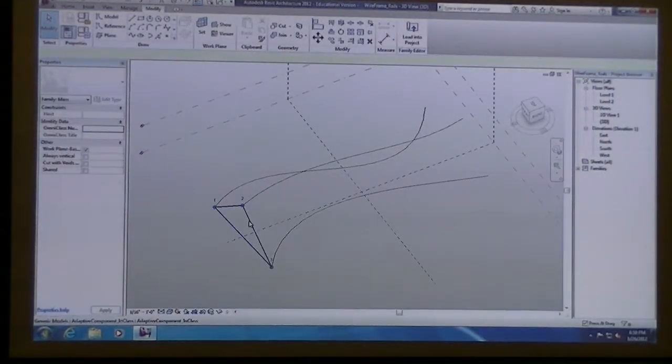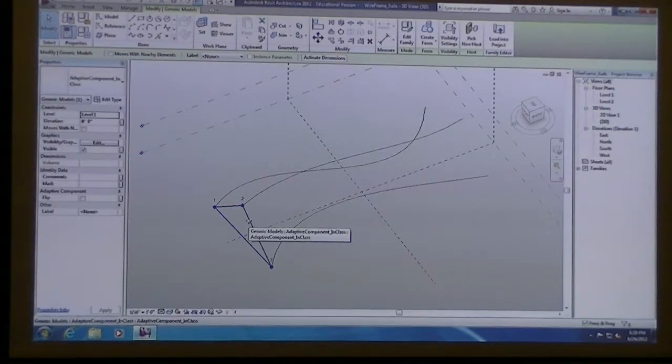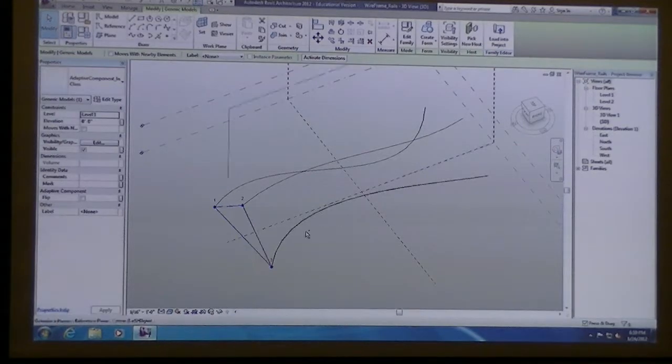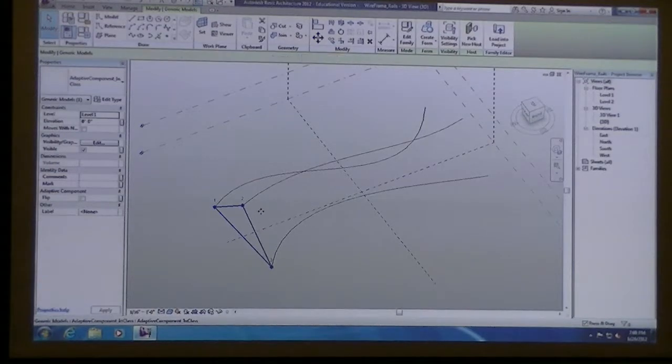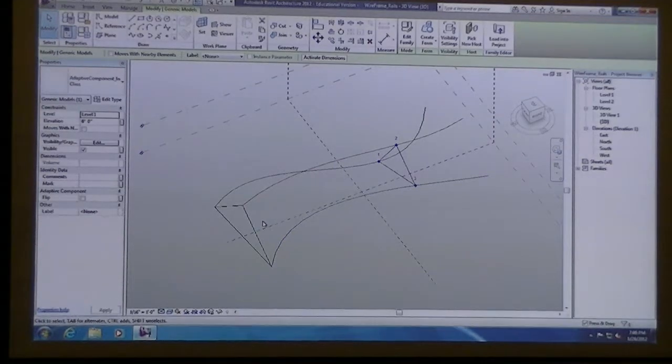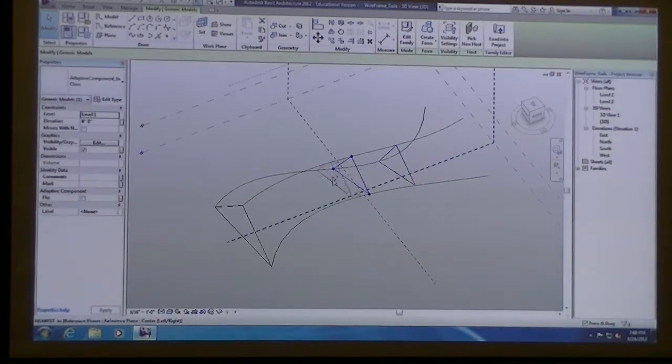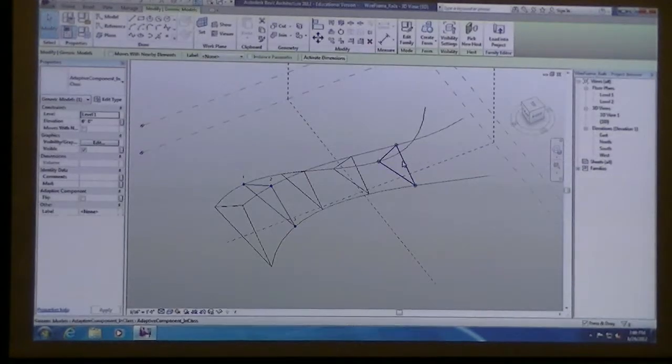Okay, so now I can click on my adaptive component, and if you hold in the control key, so I left click on the component, hold in control, and then drag with your mouse, holding in the left mouse button. Go ahead and drag. Oh, fun. And you can see how your adaptive component is being copied, but it's being copied associated with the rails. And so I can do that a number of different times, and you should see that your component stretches and changes.